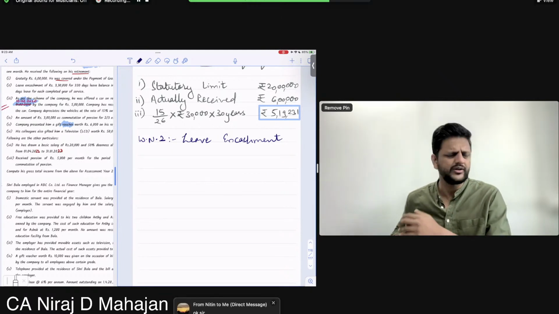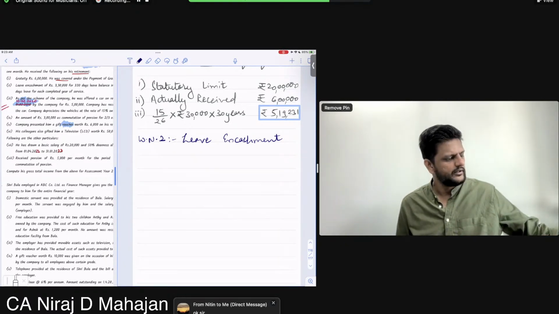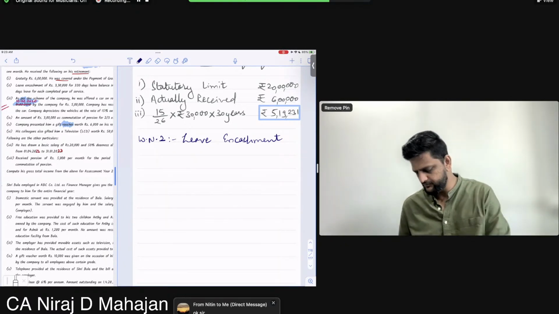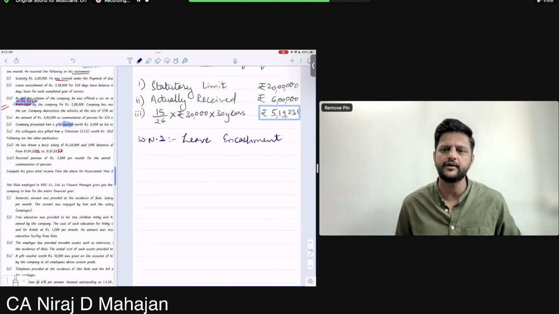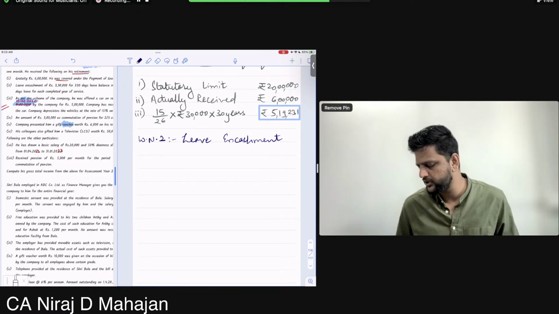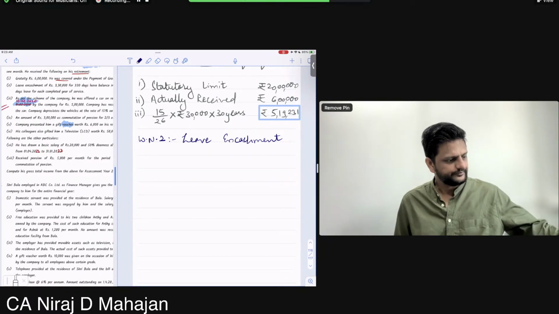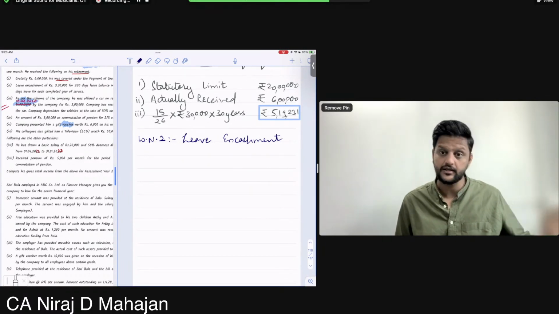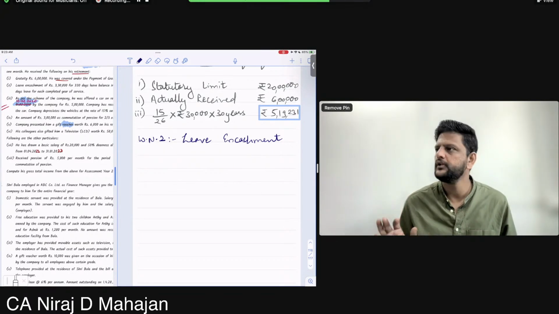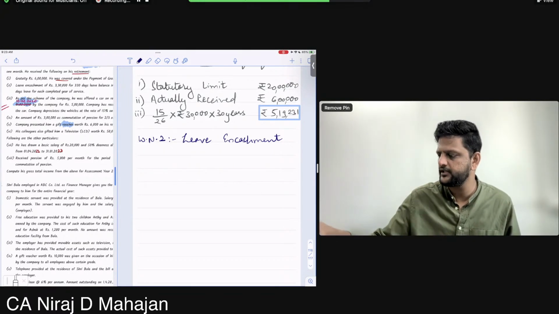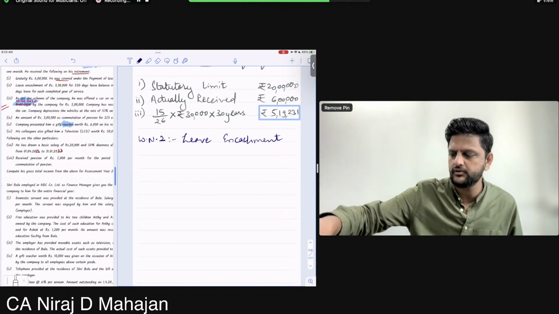Not just income tax, overall taxation is a mixture of both theory and practical. Accounts and costing are practical, which is fine. Law is also fine once you understand the concepts and have writing practice. Our students are getting good scores in law in the test series happening right now. For some of them the challenge is accounts, but tax is a problem for all of them, let it be a student of any teacher. I'm not saying anything about me or anybody else, but tax is a major problem.